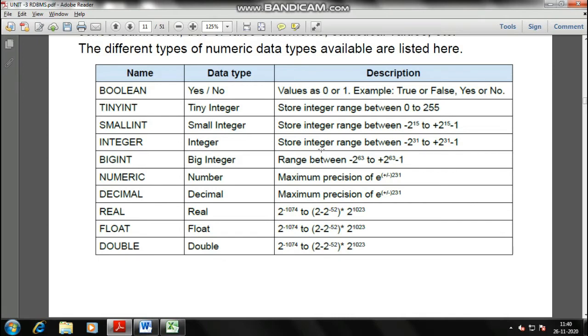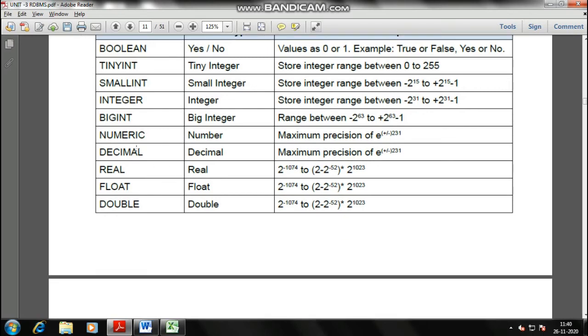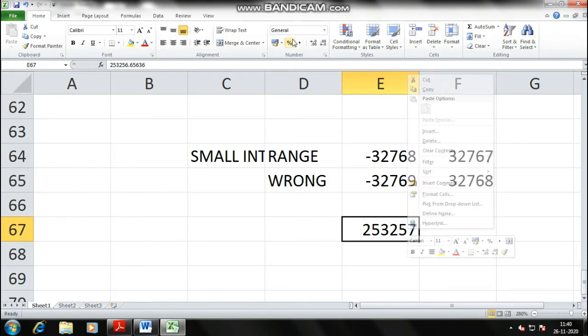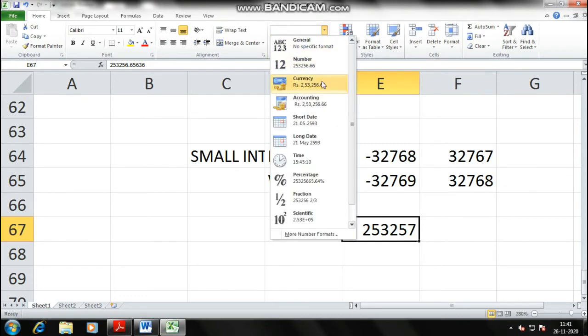Next is integer. Same base you can calculate. Big integer also has a range. Integer means numbers, you can add the numbers. Decimal, real, float, double, these are all used to enter the decimal values. Okay, so here the decimal number is not coming because the formatting is not done properly.